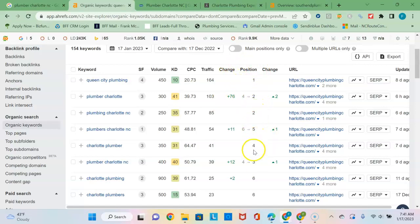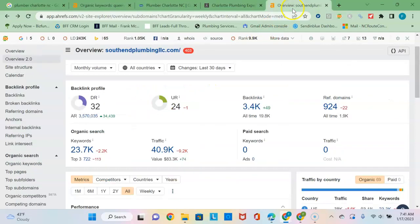So they're ranking, everything under 10 is the first page of Google, and you really want to be on the first page of Google because nobody's clicking to page 2, or very few people click to page 2. And then when I click over to yours and look at yours, you're actually ranking for 23,000 keywords, which is